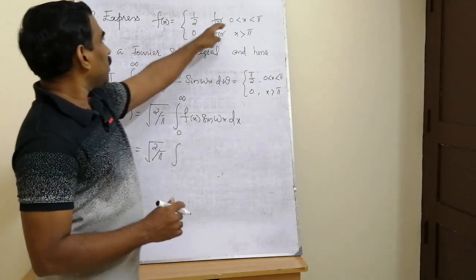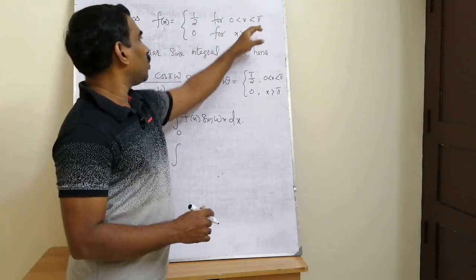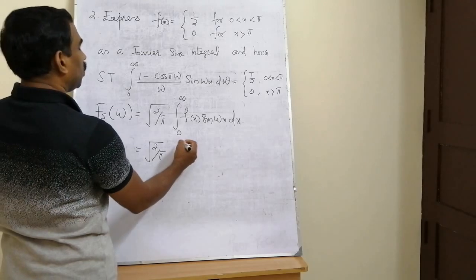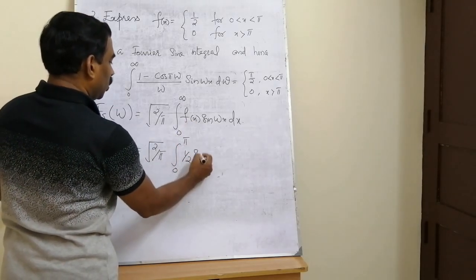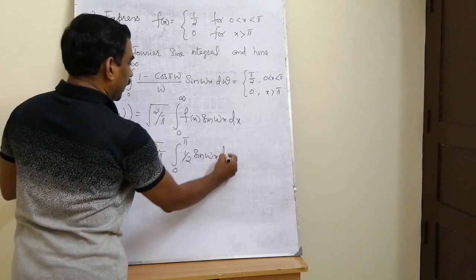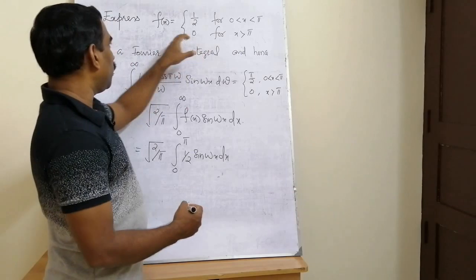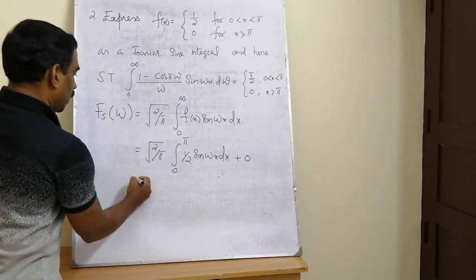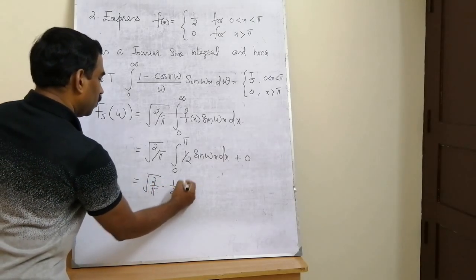See, the function is defined as 1 by 2 for 0 to pi and after that 0. So the integration becomes integral 0 to pi. For f(x) we replace this by 1 by 2 into sin omega x dx, and for x greater than pi the value of the function becomes 0. So the entire integral becomes